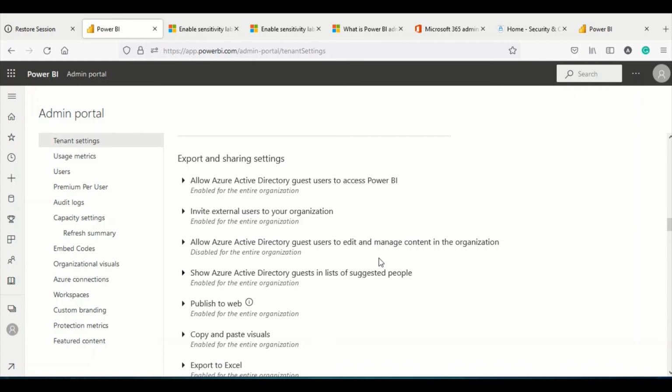So please go ahead and try these things out, and do let us know what you feel about these settings. Are they sufficient, or should there be more granular settings to achieve these tasks? We look forward to your suggestions.